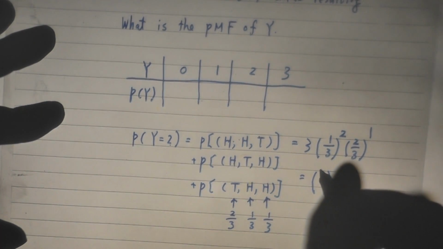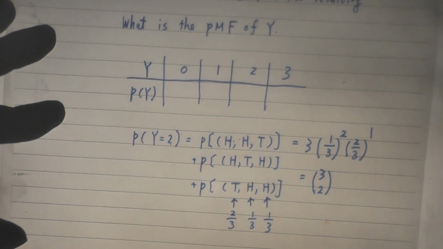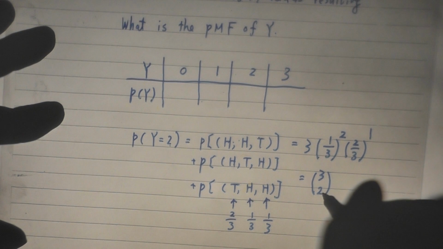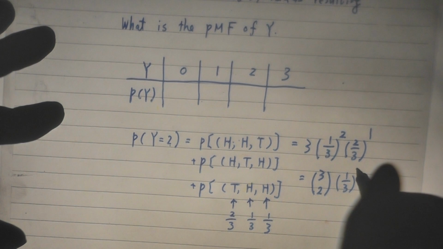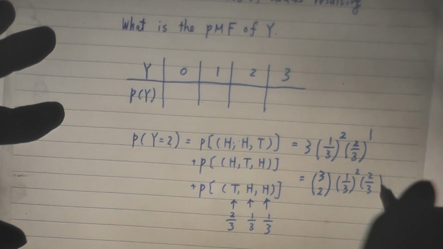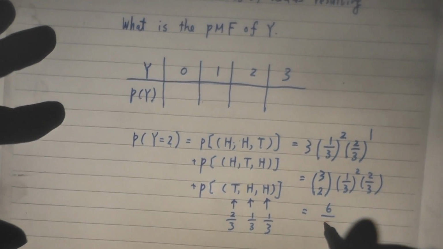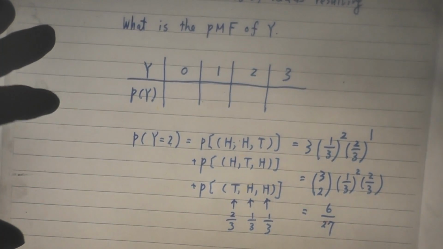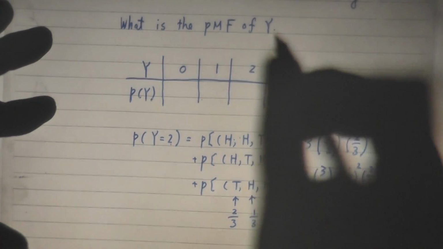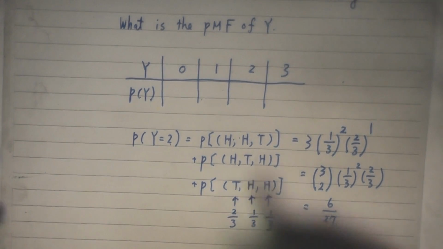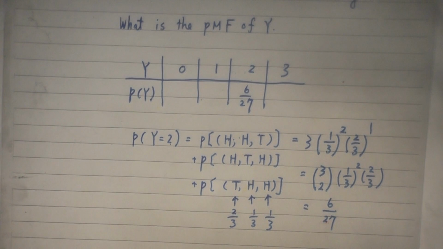When you make 3 flips, from 3 flips, you choose 2 of them and assign heads. So the 3 choose 2. That's why you see 3 here. And this is 1/3 to the power 2, times 2/3. So this number is 6 out of 27. Now, by a very similar argument, we can write it one by one. This one is 6 out of 27. And the others,